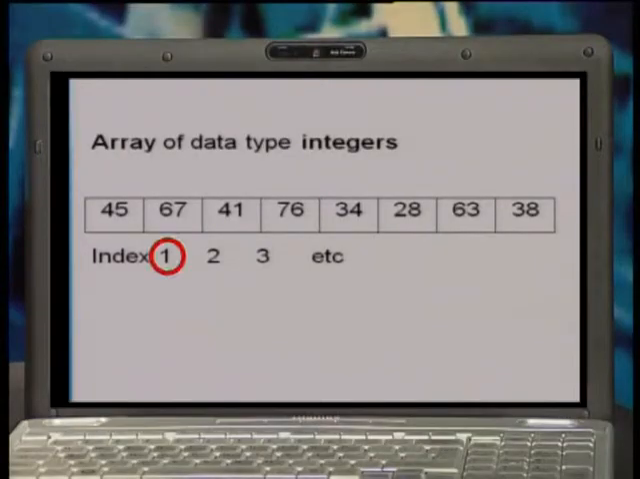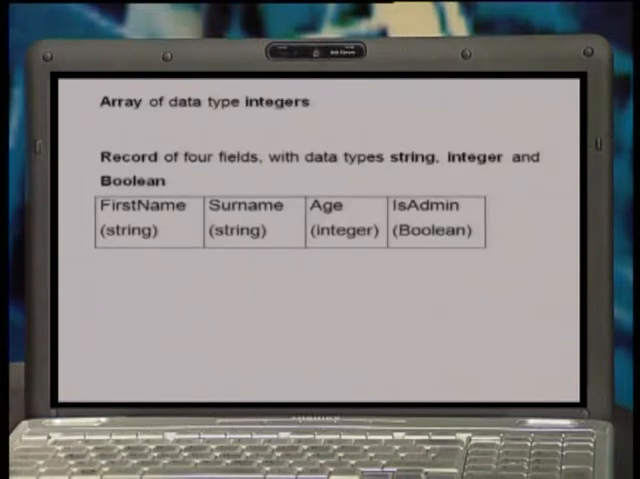I've got a few examples to show you. Here's an array of data type integers. The index here is 1, 2, 3, and so on. This shows the position of the element in the array. Each element is of the same data type as all the other elements in the example. They are all integers. This record has 4 fields or elements, but here different data types are used: string, integer,